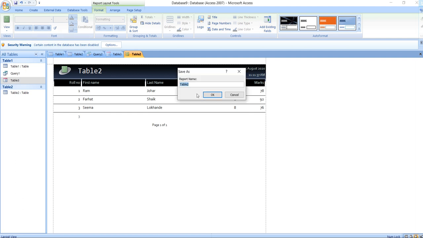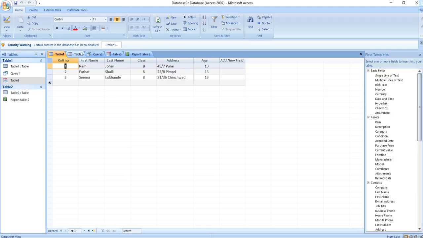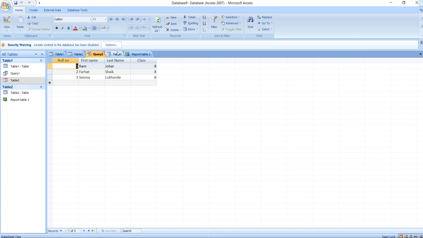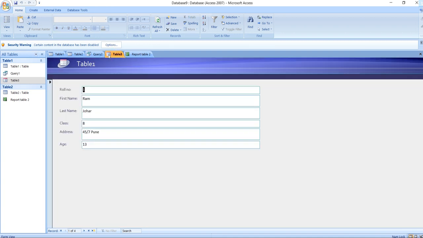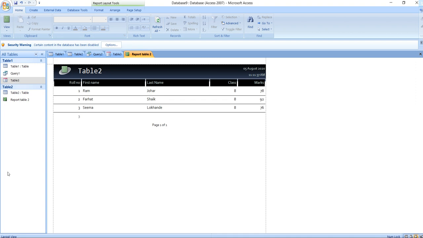Now save it in the form of a report table 2. We have prepared for table 2, so I have mentioned there report table 2. So understood, this is my table 1, table 2, query, table 3, that is nothing but your form view, and this is your report view.